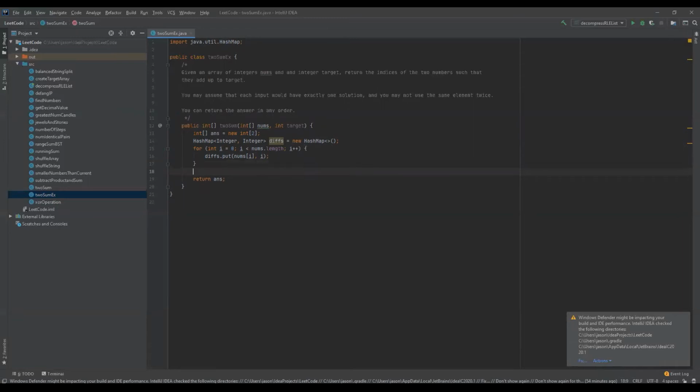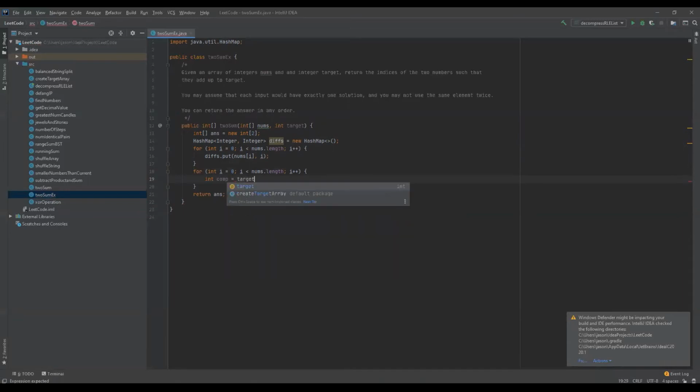So now that we have our populated hash map, we're going to go back through the given array, right? And then we're going to have this temporary integer variable called complement, or just comp, because I'm a little bit lazy here. It's just going to be the difference between the target and whatever current element we're looking at in the nums array. And now that we have that, it's pretty easy to say, oh, hey,